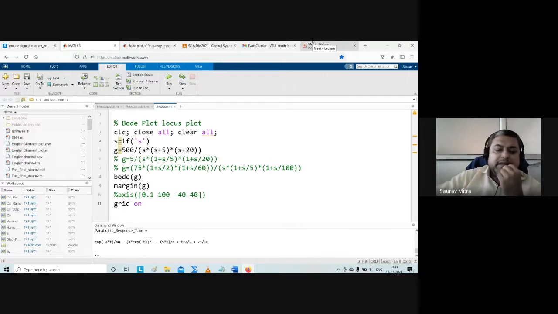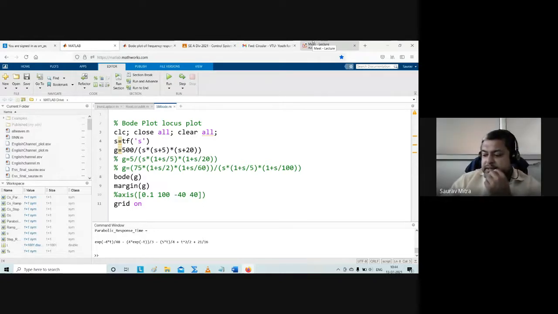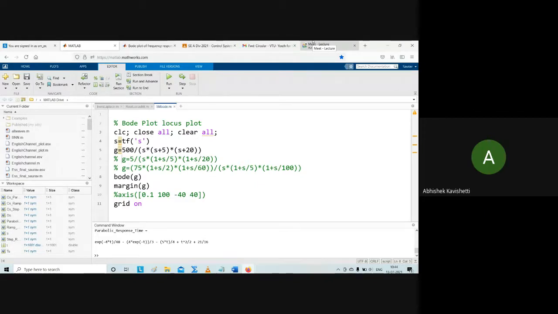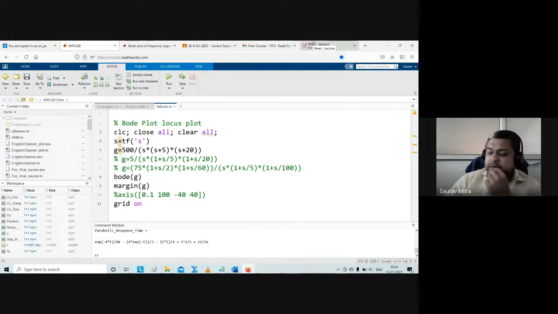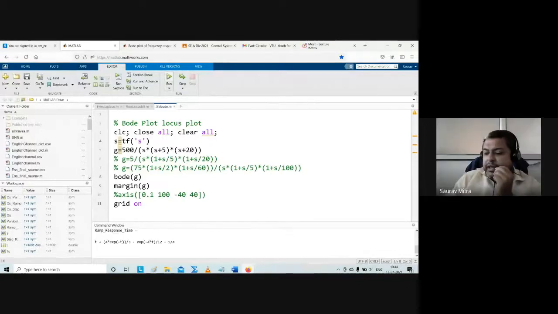For me, the internet is slow. Answer in full. Okay, 10 radian per second is what? Omega GC or omega PC? Omega PC, that is phase crossover. Yes, sir. That is 10 radian per second. Okay, and what is omega GC, gain crossover? 3.88 radians per second. 3.88 radian per second. Very good.